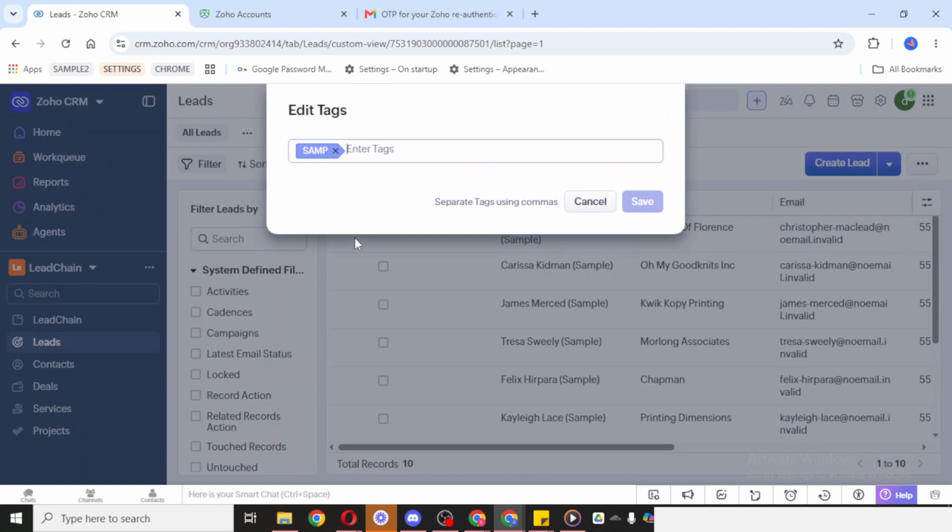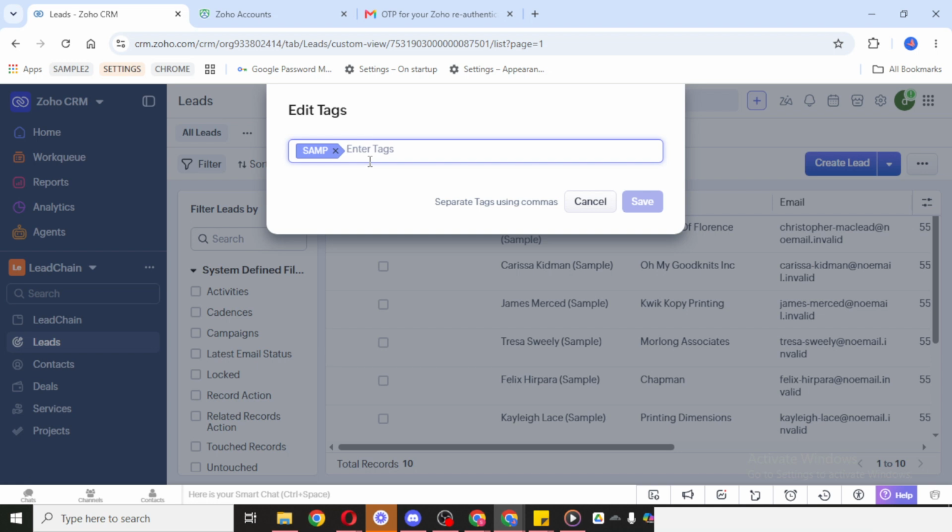Here, you can rename an existing tag by selecting the one you want to change and entering the new name. Be sure to type the updated tag carefully so it matches your naming style and stays consistent with the rest of your CRM. Using clear, standardized tags can save time later when you need to sort leads, run searches, or track categories across your team.